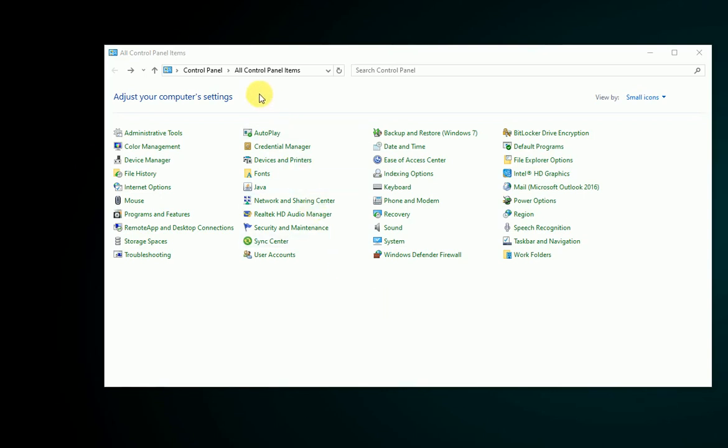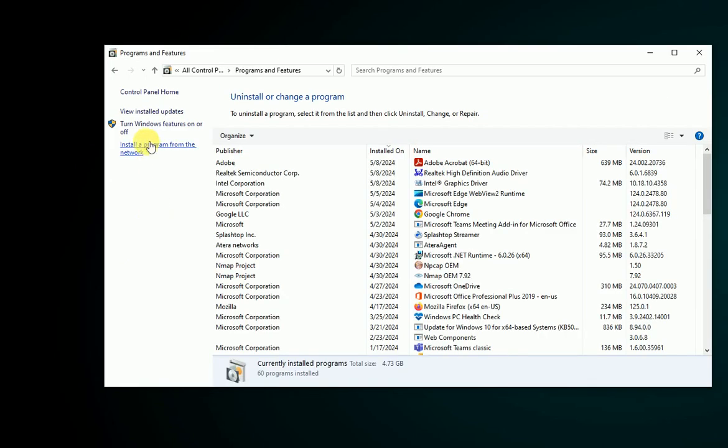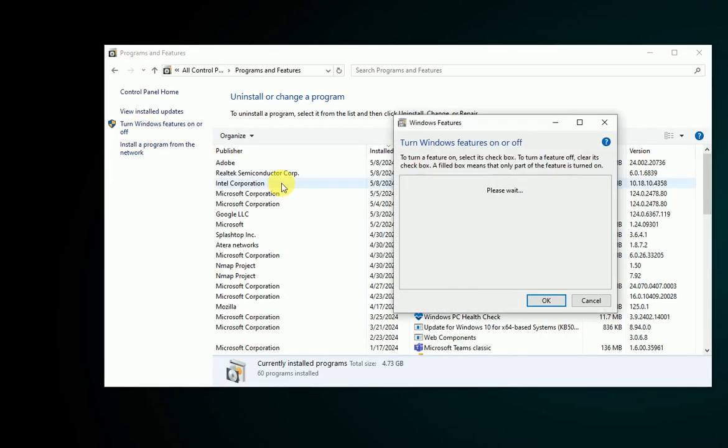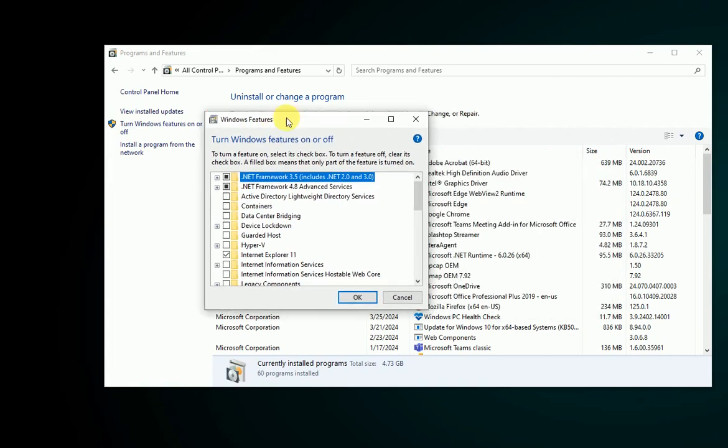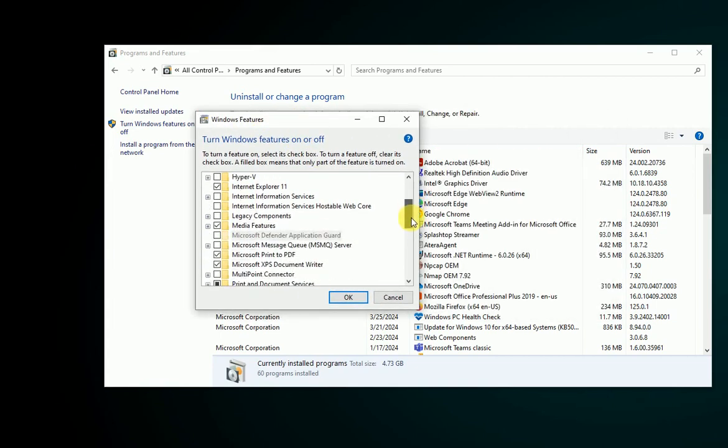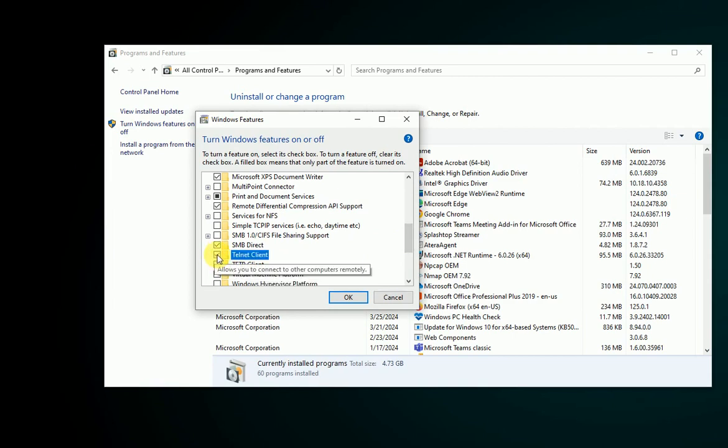In this control panel you have to visit programs and features, then turn Windows features on or off, then you select telnet client, click OK,